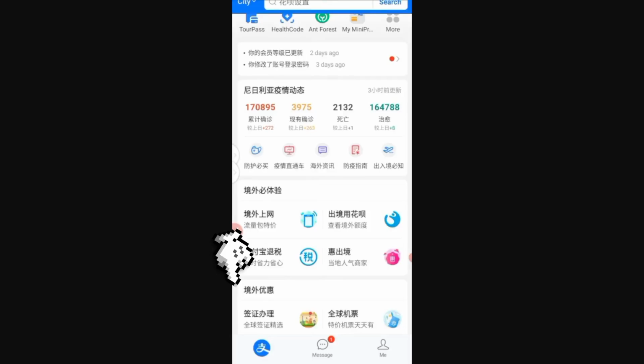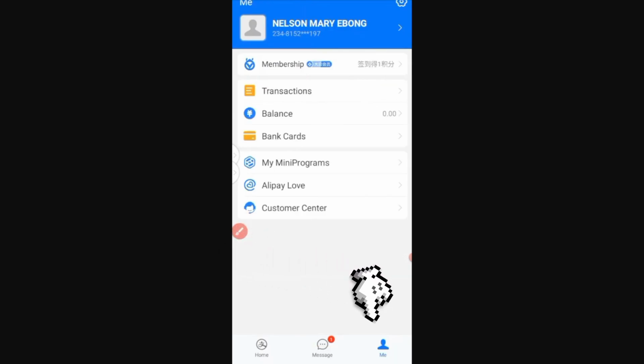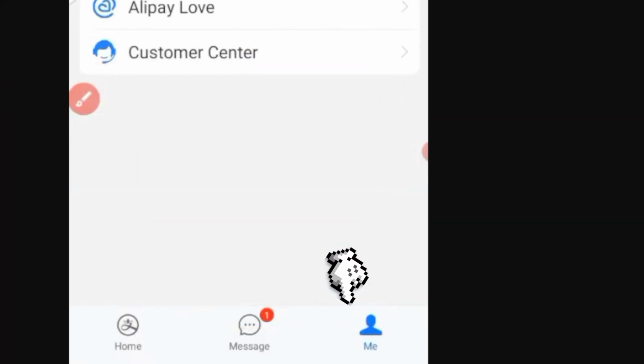Hello guys, today we're gonna see how to generate username and password for 1688 with Alipay. This is really easy. The first step we need to do is open our Me auction right here in our